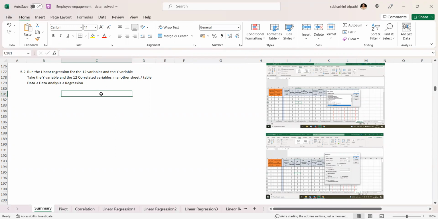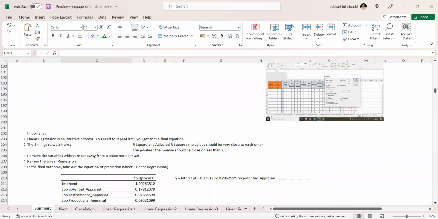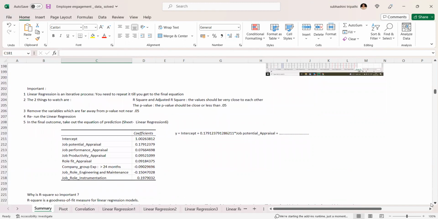Okay. Now, to further understand how to run it, we need to remember a couple of things. One, that linear regression is actually an iterative process. So it is not that we'll run it once and that's it. We will run it a few times, because every time that we run it, first we'll run it with the 12 variables which are most correlated. Then we'll find that some of the variables have a very high p value,